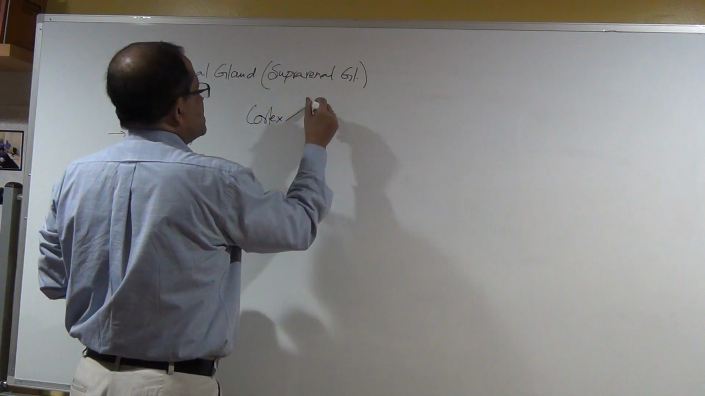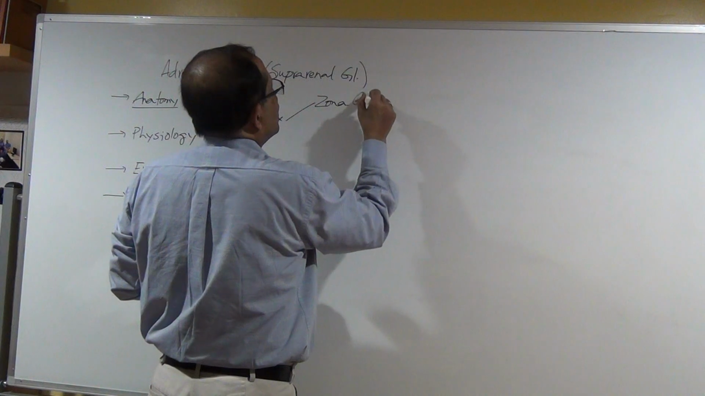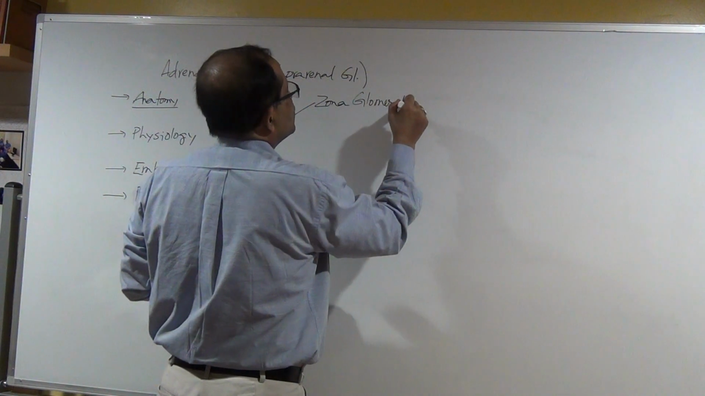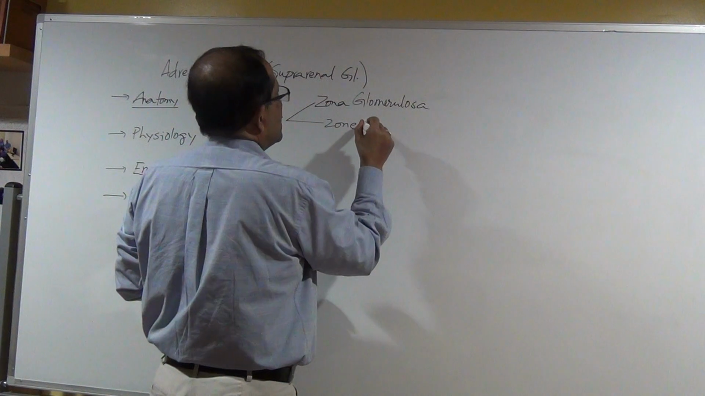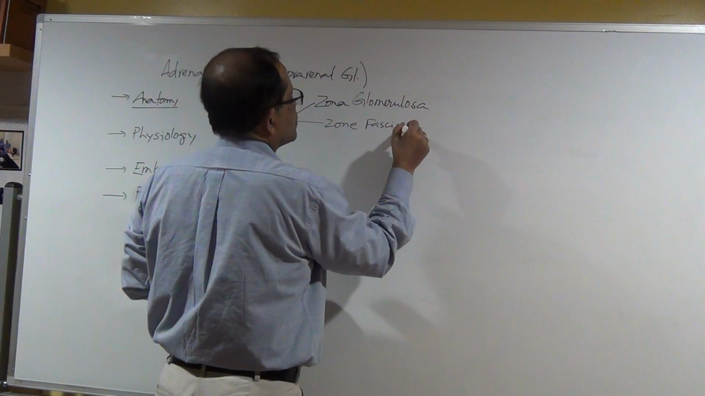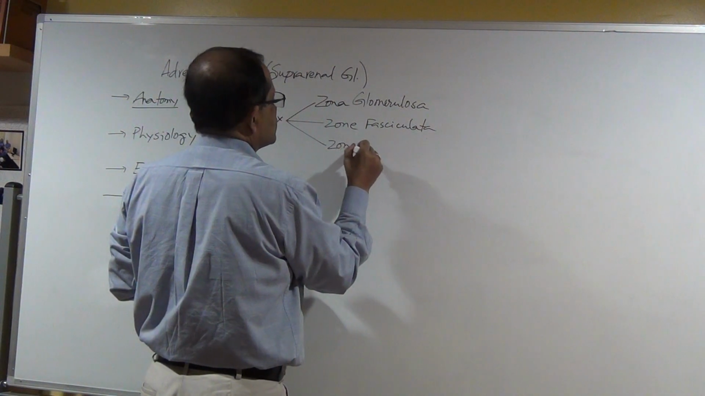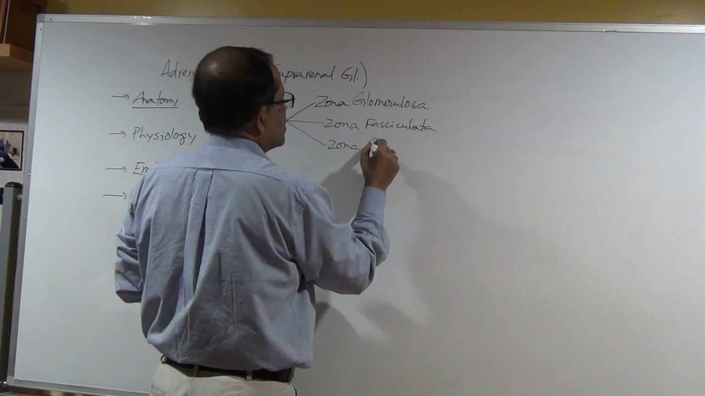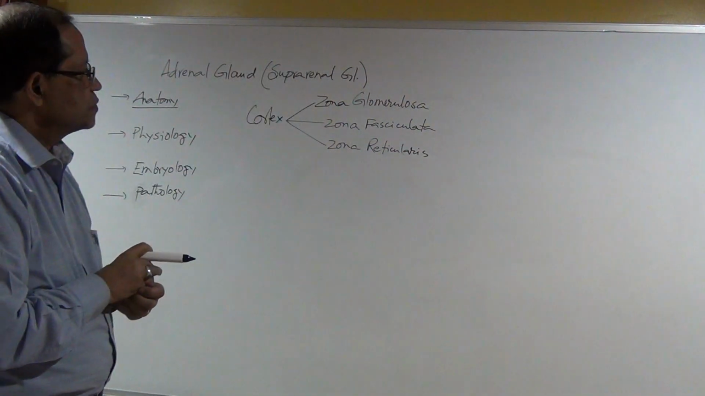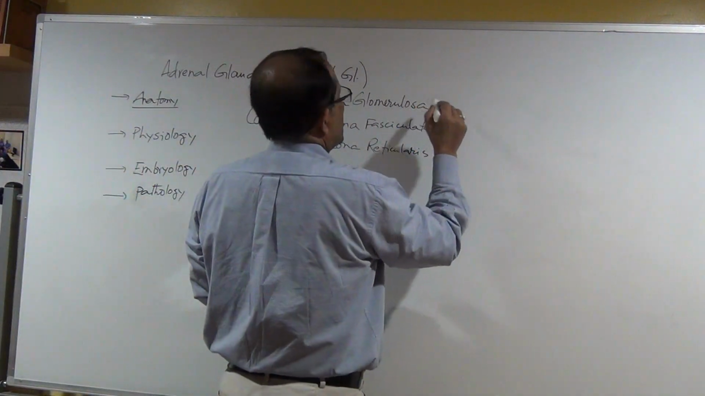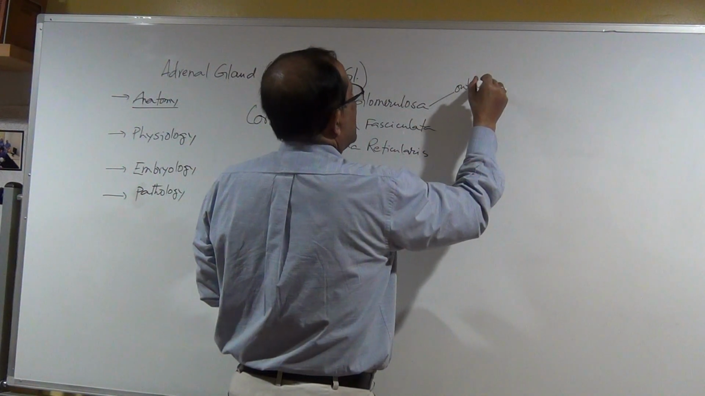Cortex has 3 zones. Zona glomerulosa, zona fasciculata, zona reticularis. Zona glomerulosa is the outer layer,